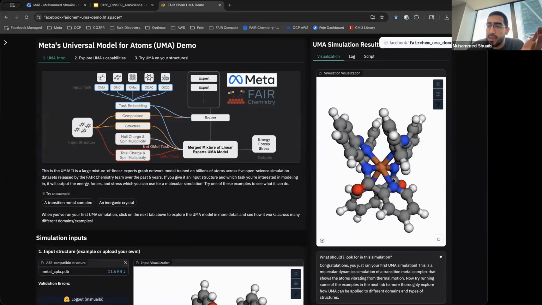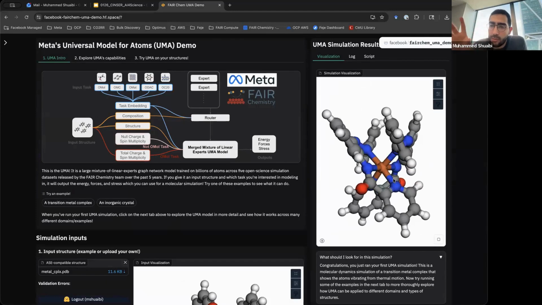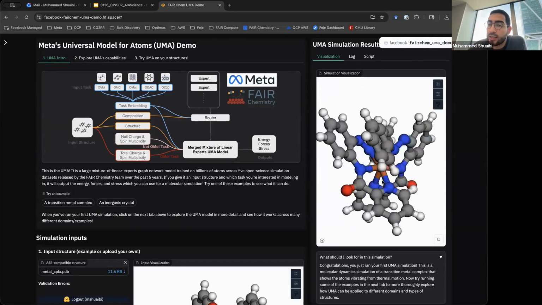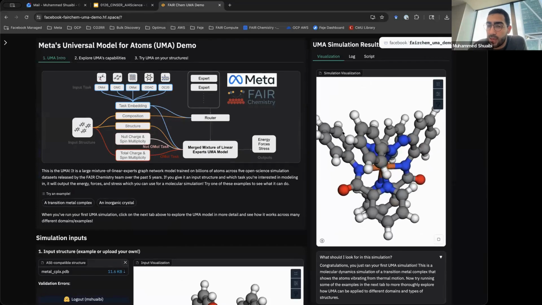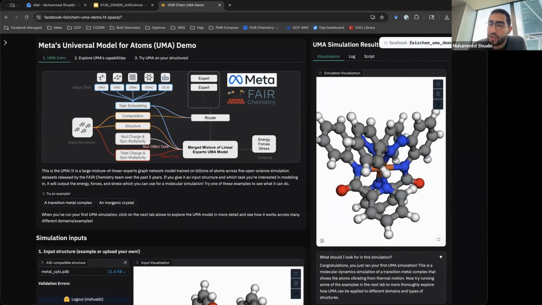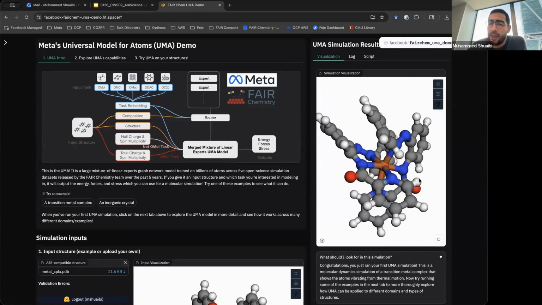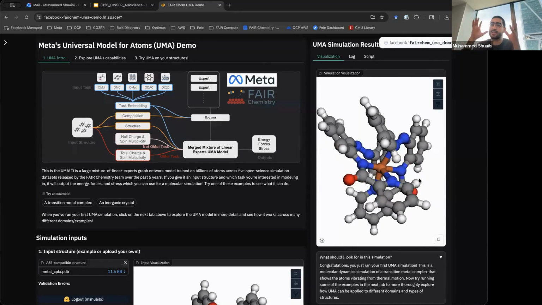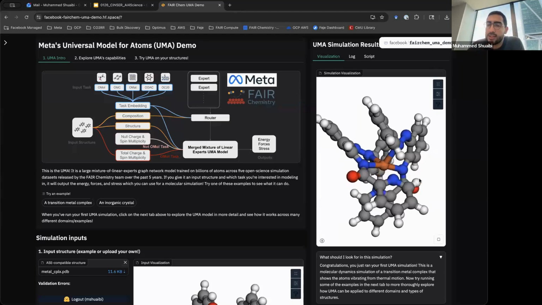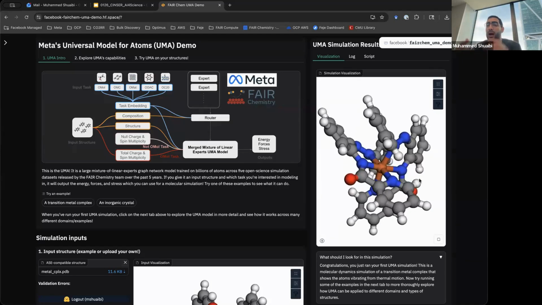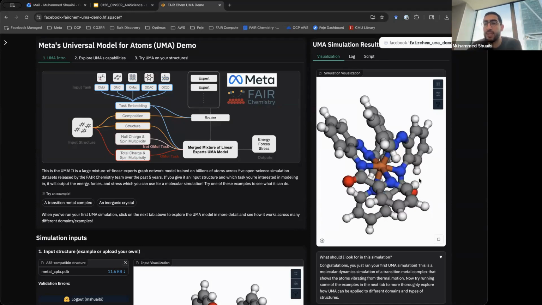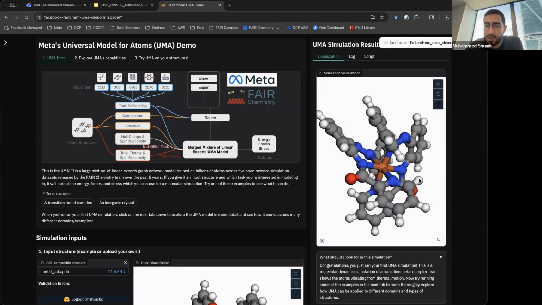And then you can see that using our trained models, this is how you can expect this molecule to behave. You can see how the hydrogens are oscillating around the carbons. This one's not particularly interesting because it is a stable species, but you can imagine people putting up various reactive species and you can simulate how that behaves.